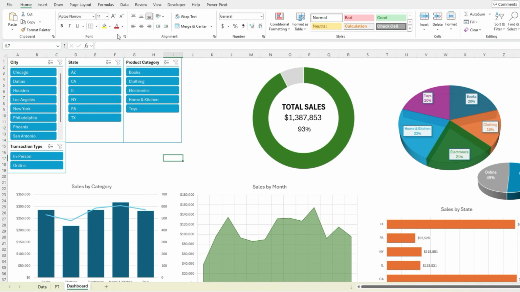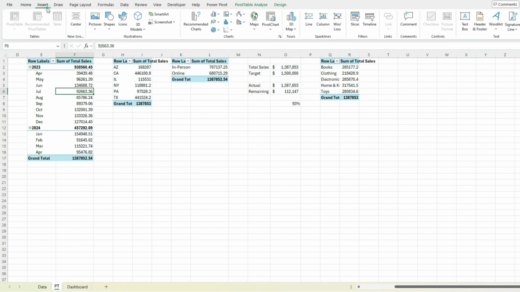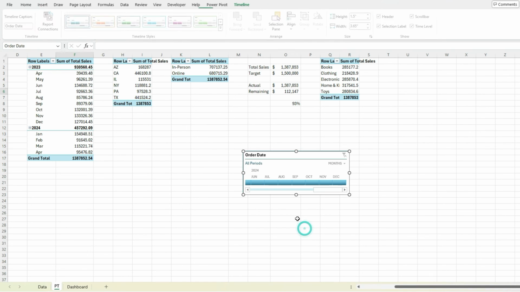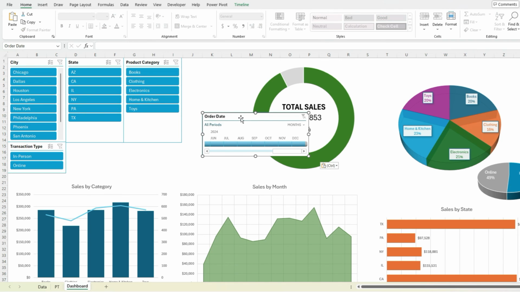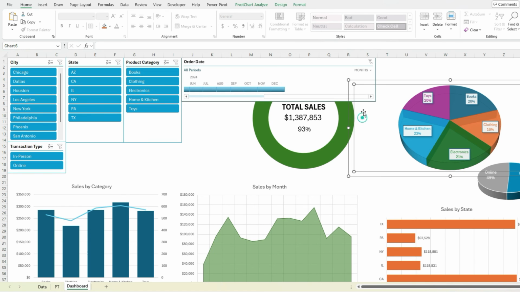So instead, what you may want to do is go back to my pivot table tab, and if I've got sales by month here, I can go to insert a timeline for my order date. And again, let's cut and paste this back into my dashboard and put this right above, right around there. And by doing so,